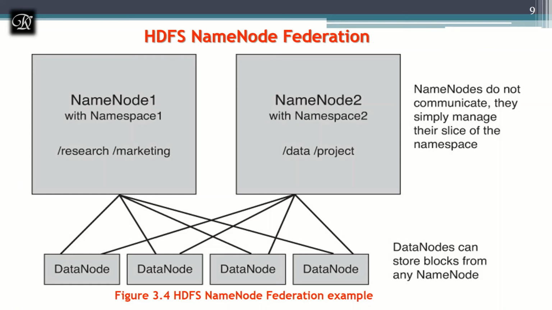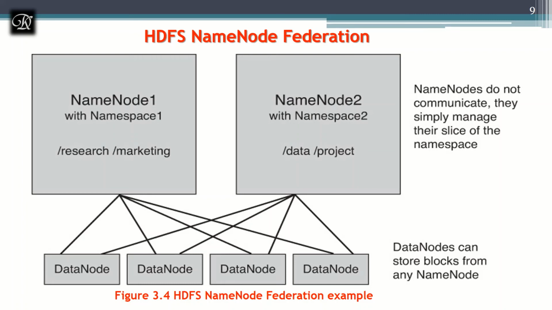So the federation addresses the limitation by supporting multiple name nodes and namespaces in the HDFS file system. The benefit of doing this is scalability on the namespace. We can have multiple name nodes and join them, we can bring a very big cluster, and the performance will be increased. Of course, you can have multiple name nodes and very big clusters of them, and it's going to improve the performance. And you can also isolate the system.